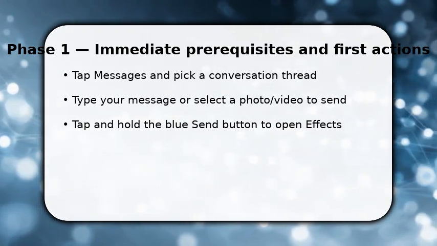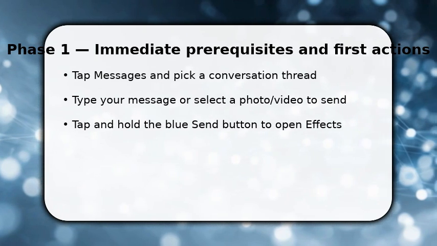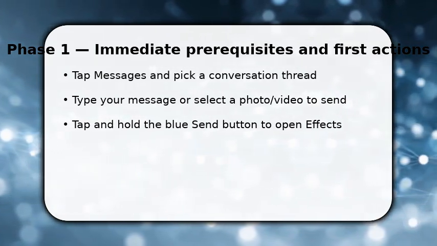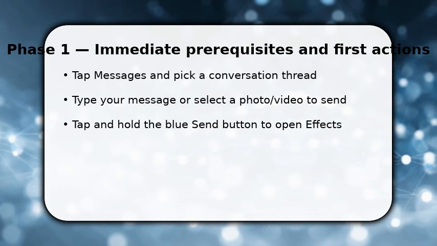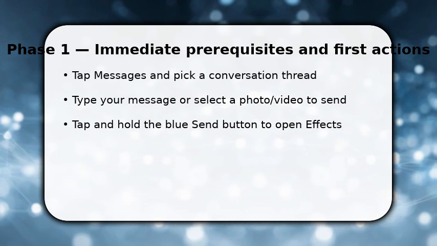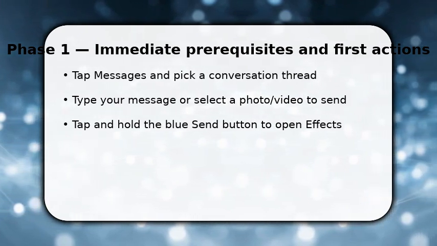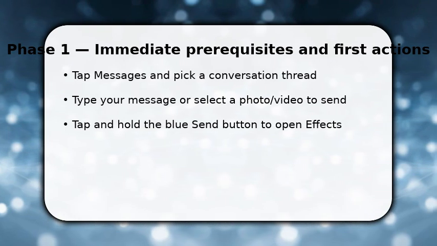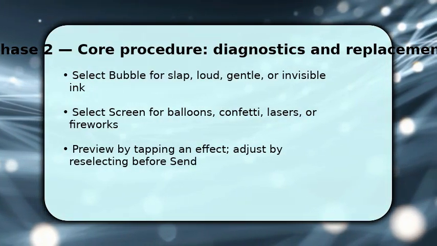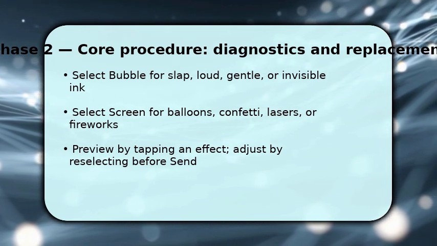iMessage loads the effect preview immediately. You're doing this to control emphasis and mood. Bubble effects change text delivery, screen effects alter the entire display. Now, slide between Bubble and Screen to see how each option modifies delivery and pick the one that fits your intent. Once the effects panel is visible, choose Bubble to adjust the message tone, loud for emphasis, gentle for subtlety,